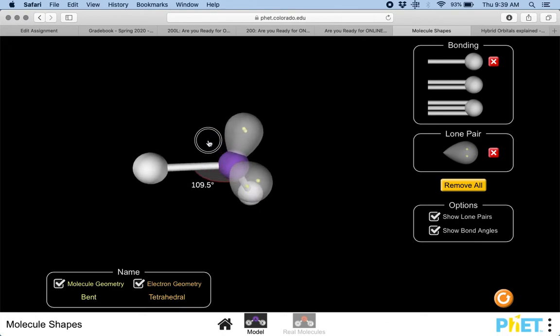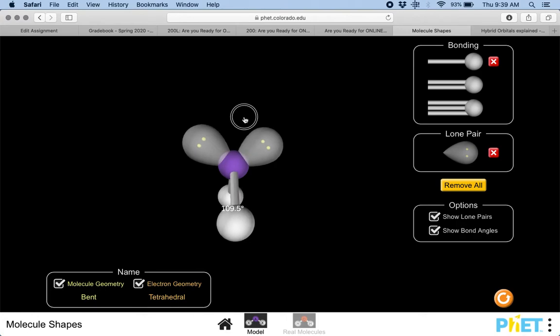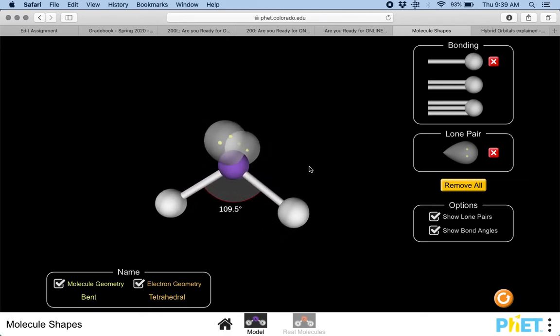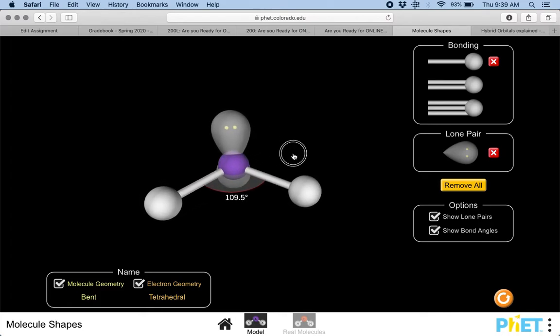So I'm going to rotate this around so that we can see it a little more clearly. Oftentimes in class you've seen me make this shape before, where you could pretend this is you. If you make this shape, this would be your core, and if you stick your feet out in front and behind you and you put your arms in the air to the left and to the right, this would be the shape you would get. The two lone pairs would be your hands and the two hydrogen atoms would be your feet. Now I'm going to rotate it a little bit this way so that you can see it in this direction,